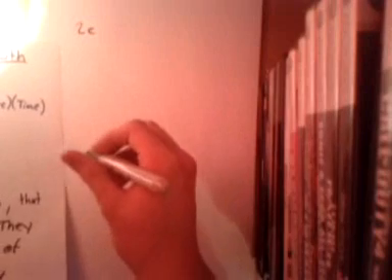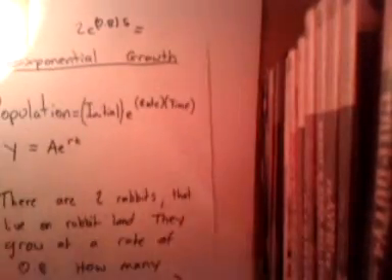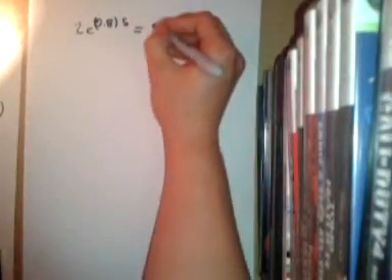Then we've got e. Then we've got our rate, which is 0.8. And we've got our time, which is 5. So we can simply put that straight into a calculator and we get 109 as our answer. So 109